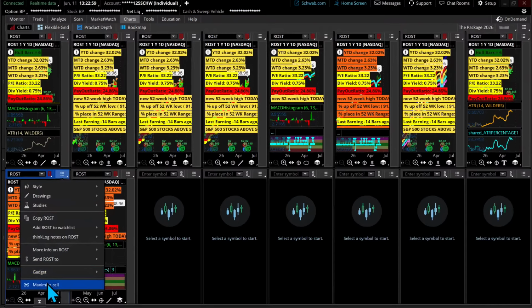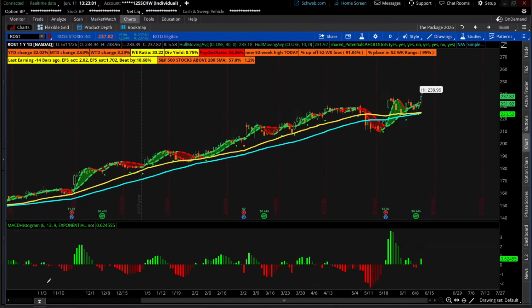Now, if you take a look at this, I'm going to go to Maximize Grid Cell. Now, if I were to show you this chart, what type of trend do you notice? I'm not going to talk about Ross Stores right here. Okay, well, maybe I will. But it's not going to be my first one. But retail has gotten a little push.